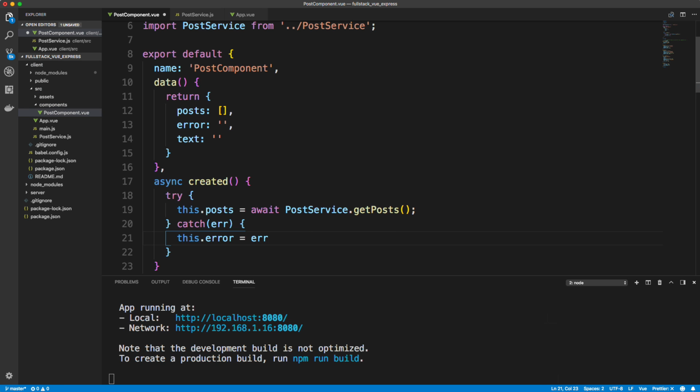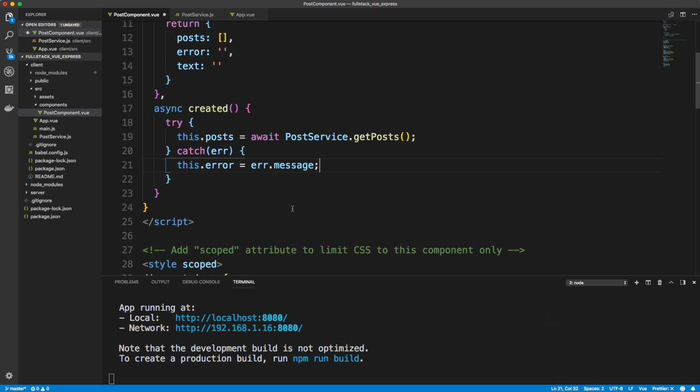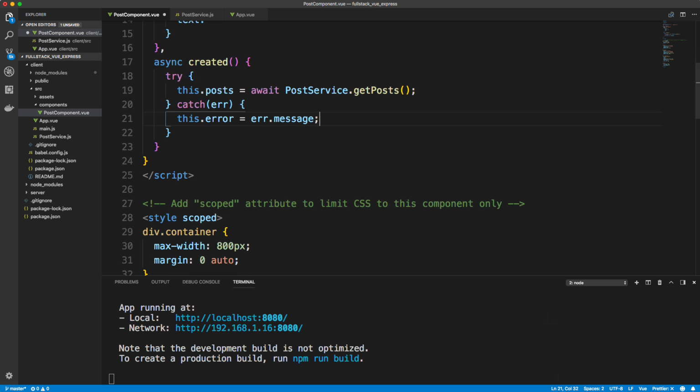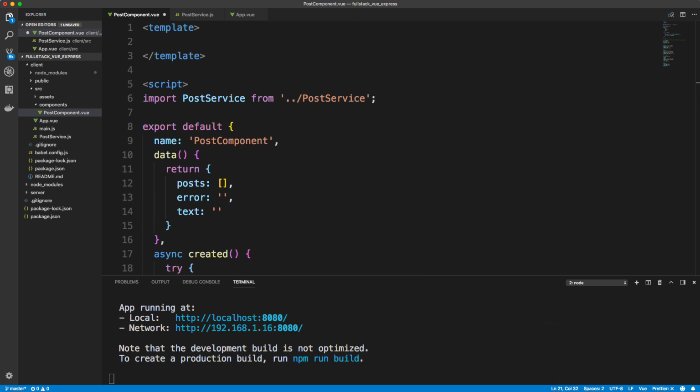Okay, actually this is an object, it has a message value. So we want to do error.message. Okay, so I think that should be good. We have to do the create post and delete post and stuff like that, but for now I just want to get the posts and display them in the component. So let's go up to our template now,